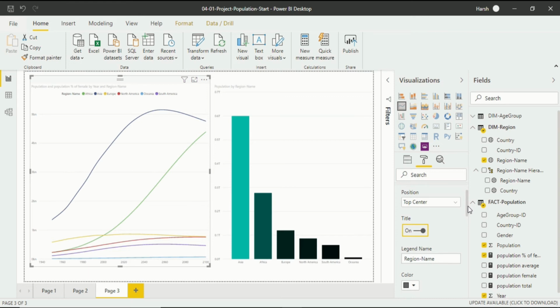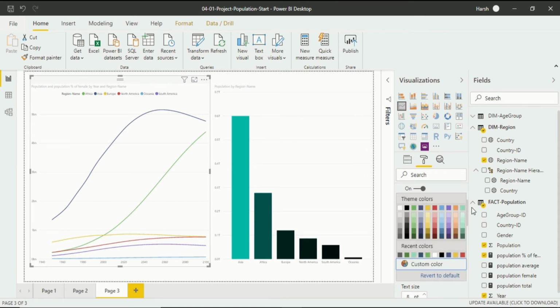Then let's move to the other point, that is legend name. Like region name is present. If you want to change the name of that, you can do it from here. After that, if you want to change the color, there are a lot of options available to you. You can choose any color you want, according to your own desire. Black is the most prevalent because it is not coming into any of the legends. So the black is fine.